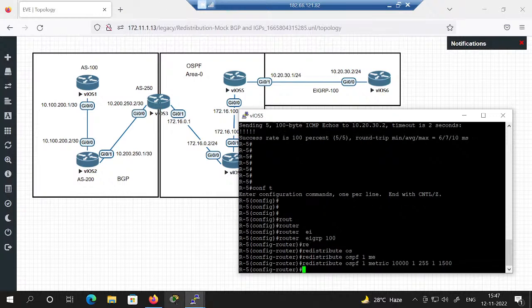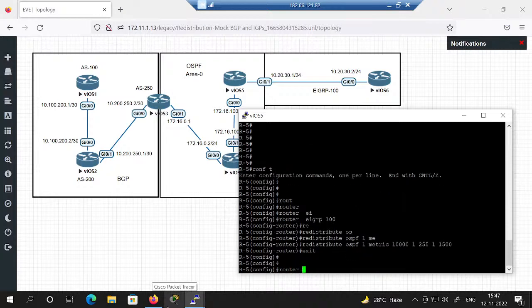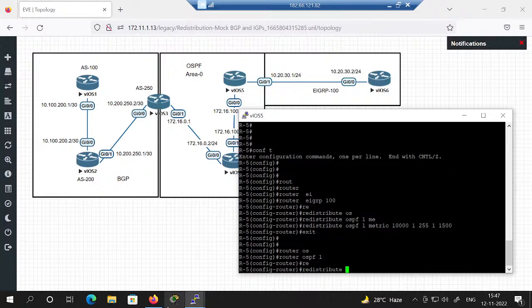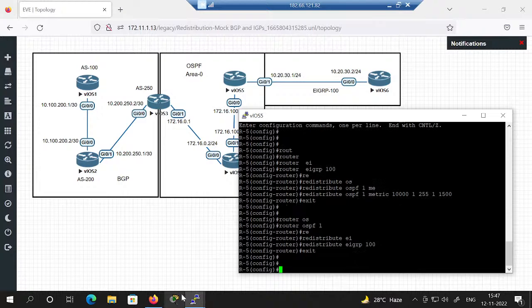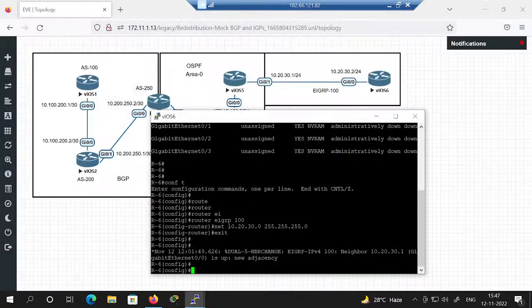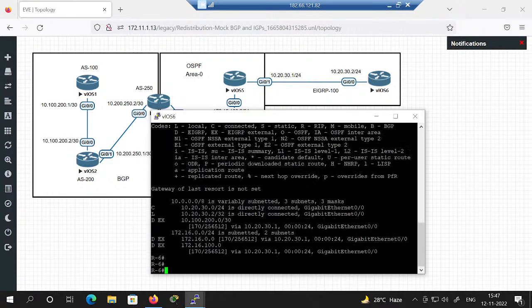Once this redistribution is done, exit. Now also let's redistribute in router OSPF 1, redistribute EIGRP 100, and exit. So simply, that's done. Now if you go to router 6 and verify the routing table, show IP route of this VIOS 6,